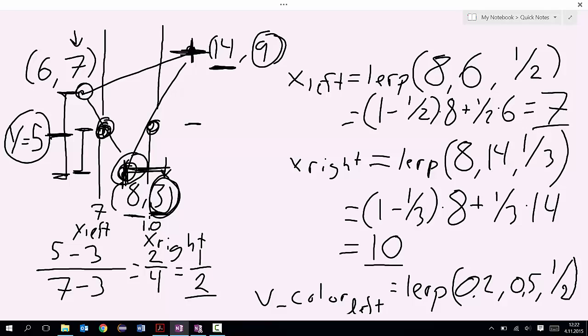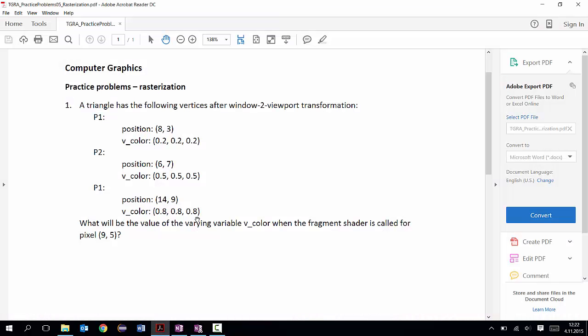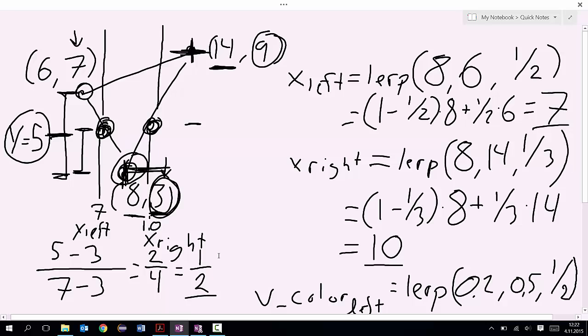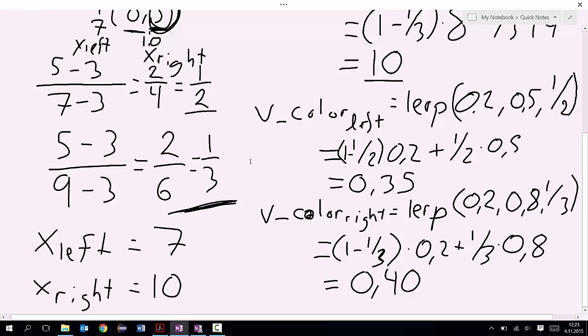Now we need to take a linear interpolation between these color values using the x that we're supposed to be calculating. So the algorithm will now basically do a for loop from x equals 7 to x equals 10, stepping in, doing the calculations in each step. But we're interested in pixel 9, 5. So we're in the scan line 5, now we're going to use the value 9. And we're going to say, okay, how far along are we from the left side to the right side if we're in 9? And we can see that it's 2/3 along, but we can do the same type of